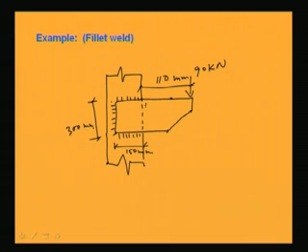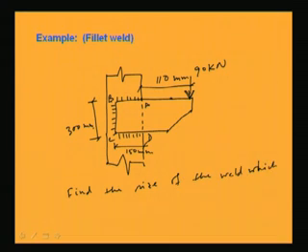So this is a point, this is A, B, C, D. Now first, a 90 kilonewton load is applied at this point, which is 110 millimeter away from the face of the column. Now we have to find out the stresses, the maximum stress where it is developing, and accordingly we have to find out the size of the weld. So the question is: find the size of the weld